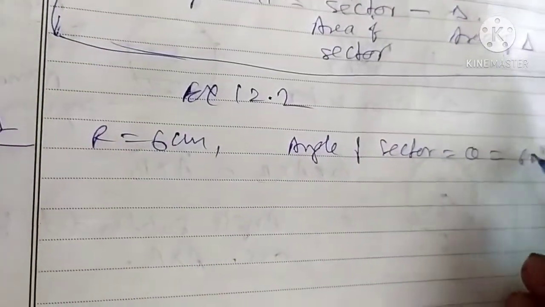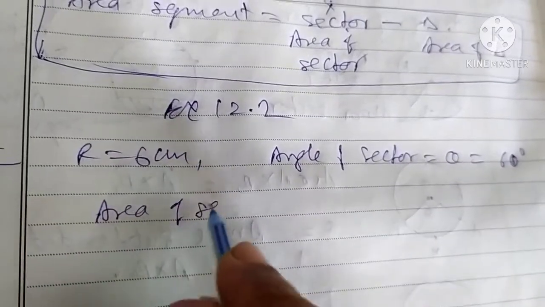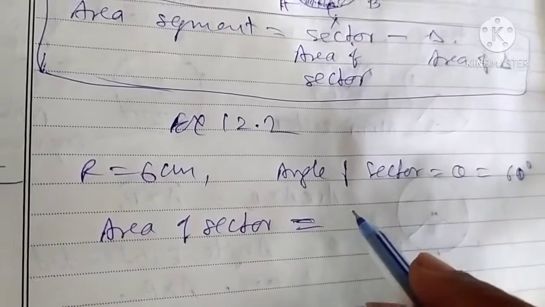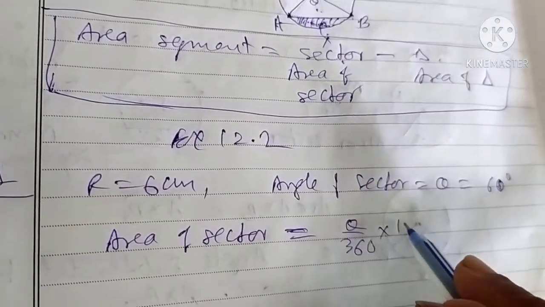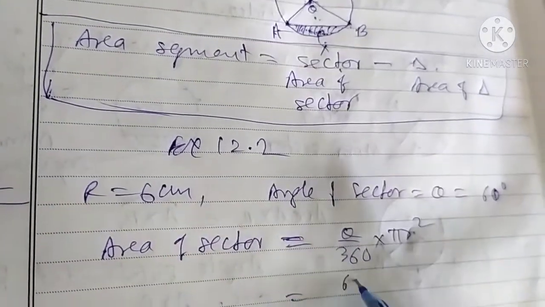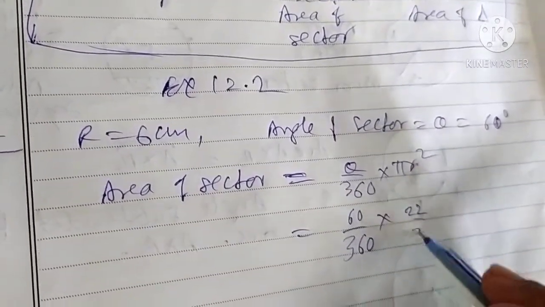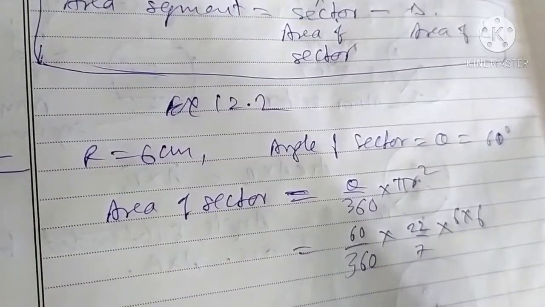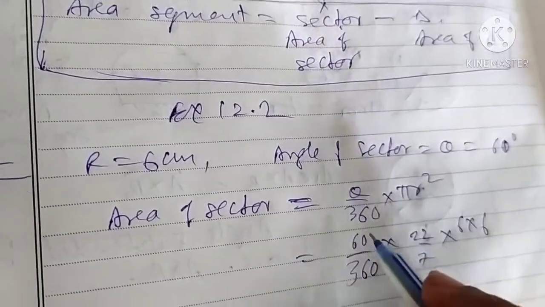So you are asked to find the area of the sector. Area of sector, what? Please write the formula. Yes, theta upon 360, since a sector is a part of the circle, so pi r square. Theta is known to you, 60 upon 360 multiplied by pi; the value of pi is not given, so write down the pi value, 22 upon 7. Radius is 6 multiplied by 6. Clear? Now see, cancellation is possible. Whatever you can, cancel.